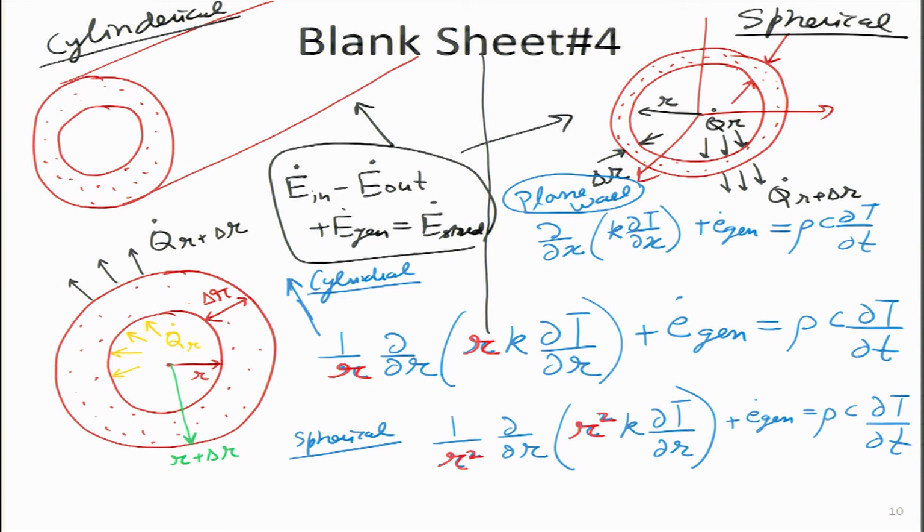If we ignore these R's, then I would like to make the claim that the equations are almost identical, which means when we go from plane to cylindrical, we add R power 1, one in the denominator, one in the numerator. What I mean by that is, let me highlight over here, this R we are adding in the denominator, this R we are adding in the numerator. When we go to the spherical case, we are adding an R square in the denominator and R square in the numerator. This is a very beautiful result that we have obtained, and it is very interesting to see this kind of derivation giving us these results.